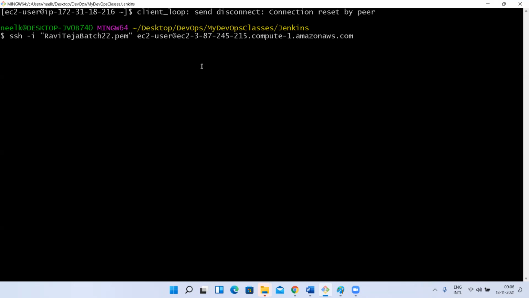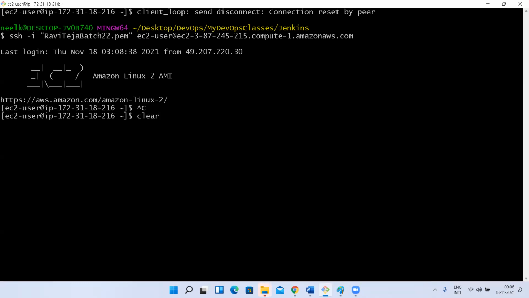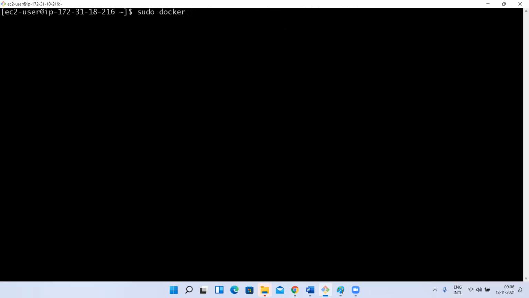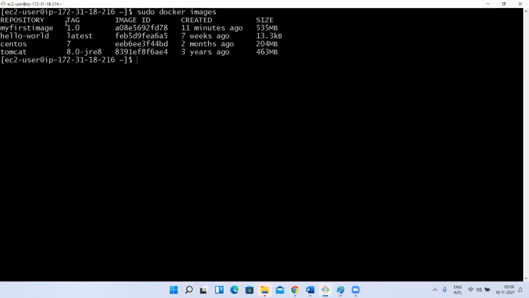So now let me connect here. As the image is in my local, meaning in my Docker host, can I directly create the container for that? Yes, sir. I connected to my Docker host. I already have this image, which has Tomcat, JRE, and inside the Tomcat the Jenkins war file. So can I create a container for this? We can. I already showed you how to create a container, but that is not exactly the proper way.